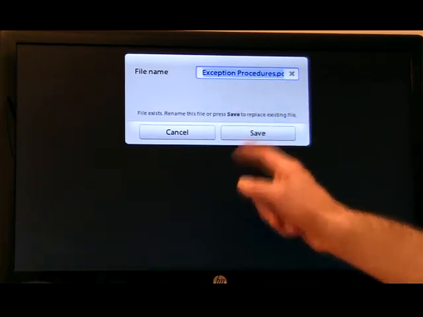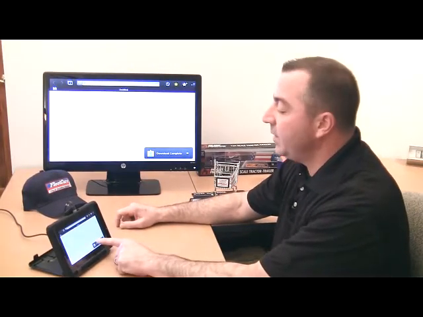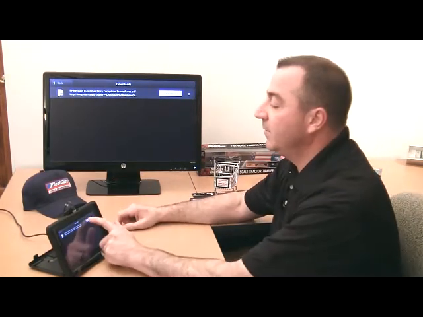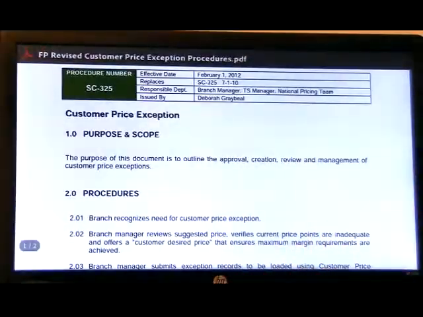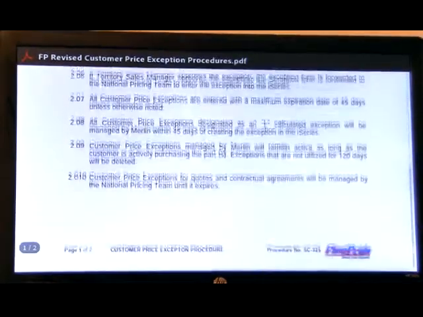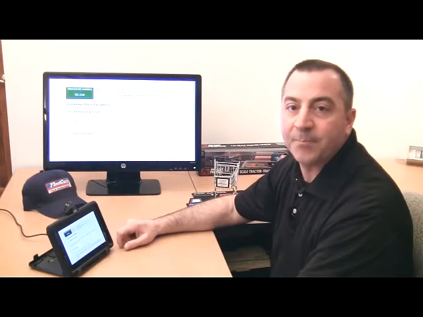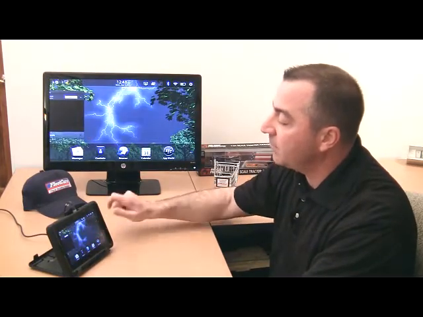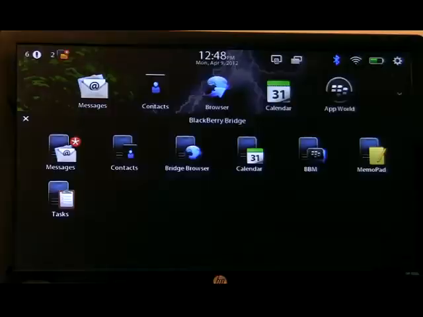And when that comes up, we'll simply hit the Save button. Download is complete. I tap on that, and I can actually open up this PDF file. Notice how nicely it actually appears on your BlackBerry Playbook. You're able to scroll through all of the pricing procedures very effectively just by simply downloading that. The other document to download, we'll swipe up and close this out. Going back into our Bridge browser